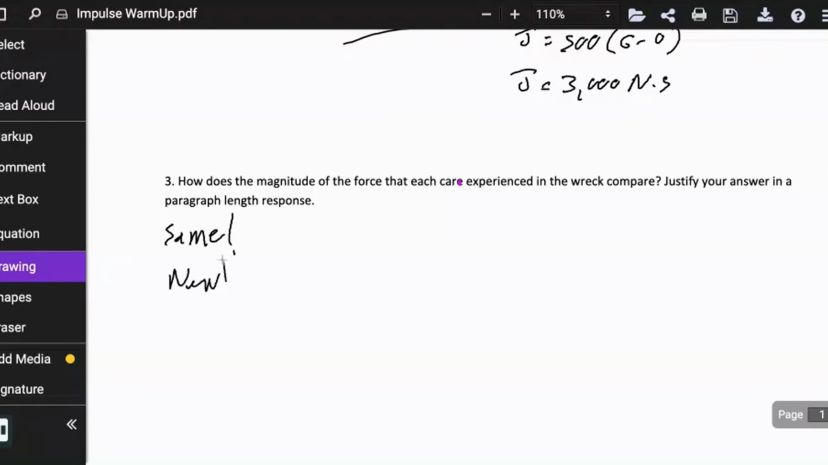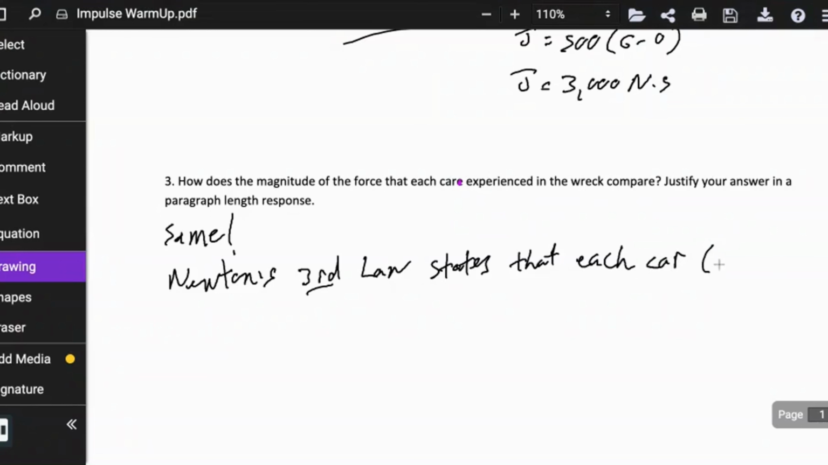Newton's third law states that any object that is interacting with another object, or each car in the accident, in the collision, will experience a force equal in magnitude but opposite in direction. We can also reason that the time of contact is the same for each. So if their force is equal in magnitude and time is equal, so will the impulse be, but it'll be opposite in direction. So Newton's third law states that each car or object will experience a force equal